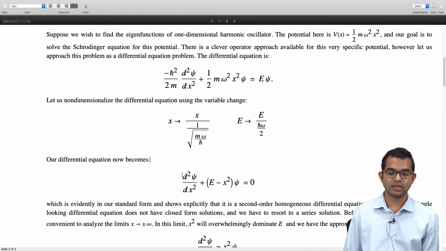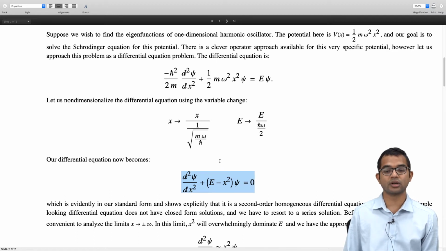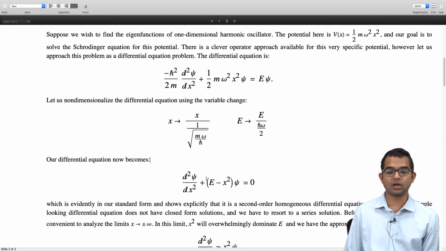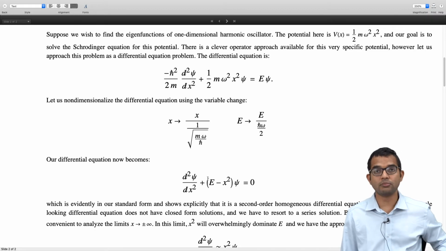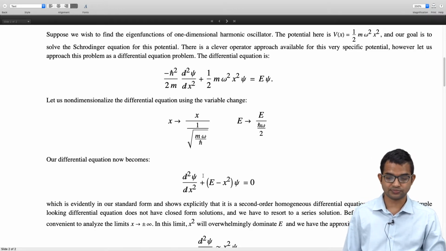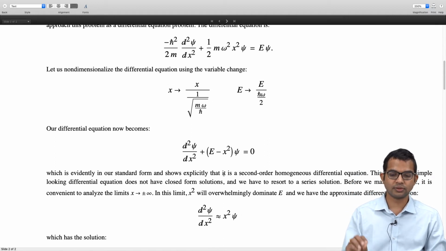It's surprising that such a simple change to one of these coefficients makes it such a difficult problem. It's no longer possible to write its solution down in a closed form way, and so we must find recourse to a power series solution, right? But before we do that, it's useful to bring in some physical intuition here.